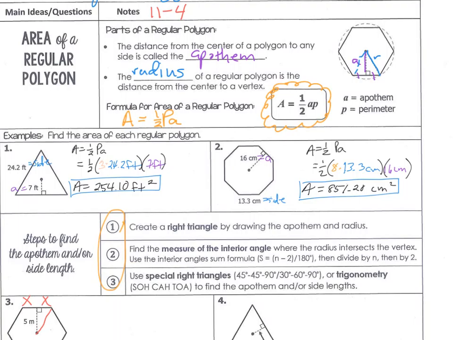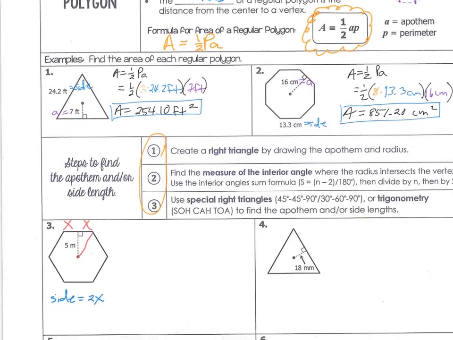If this is an isosceles triangle and this altitude here bisects the side, doesn't it also bisect the angle here? So if this whole angle is 60, what's this little angle here? 30. So we're going to use that same thought process here,